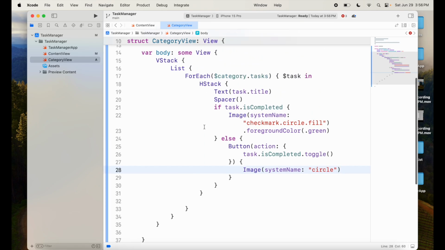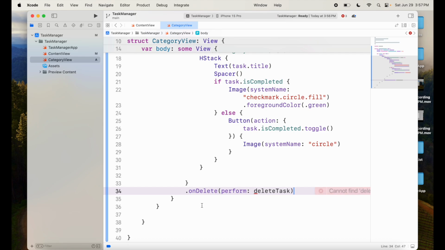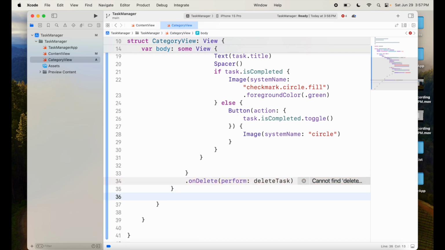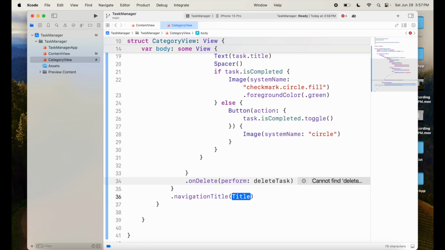Now I also want to delete these tasks which we have done before for each. What you can do is on delete. What I want to do is on delete, I want to delete the task, which is a function that I'll have to write. So that's what we will do. And then here below it, I will also say navigation title. So I want to give a title to this, and based on the category that is passed, I'm going to use that category's name. And for the toolbar,